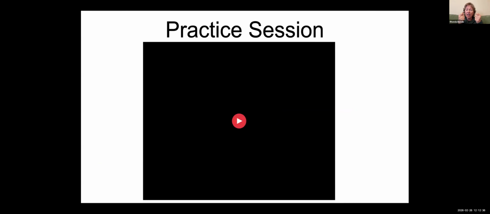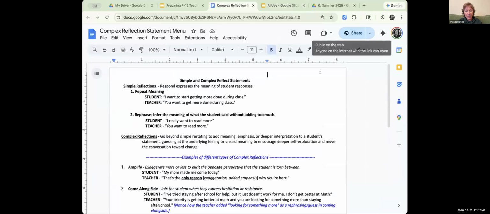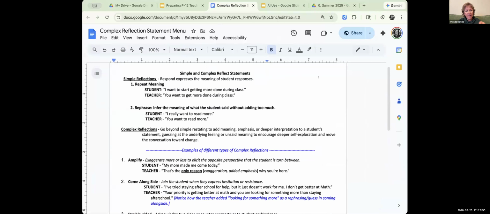We give the teachers a handout of sentence frames for simple and complex reflect statements. Actually, let me just show it to you really quick so you can see. Can you see this a little bit? Like a simple